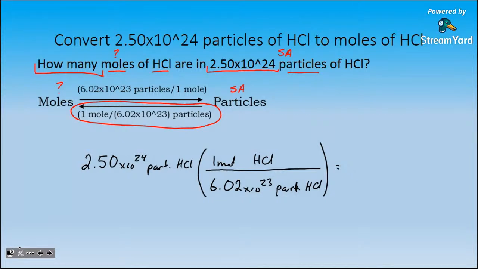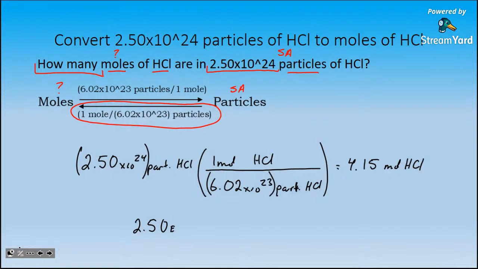And that answer is 4.152, or to 3 significant digits, 4.15, and then moles of HCl. So again, you either need to put both of these inside of parentheses, or type it into your calculator as